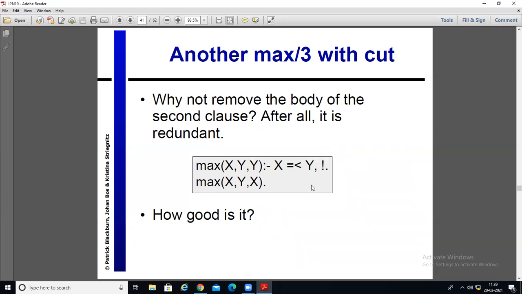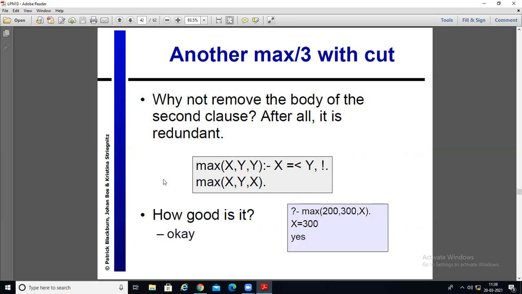So we may not write the body, right? So what we are doing over here is changing the meaning of the predicate, and this code may behave correctly in certain cases, but in certain cases it will give a wrong answer also. So this kind of cut which changes the meaning of the predicate is called a red cut.